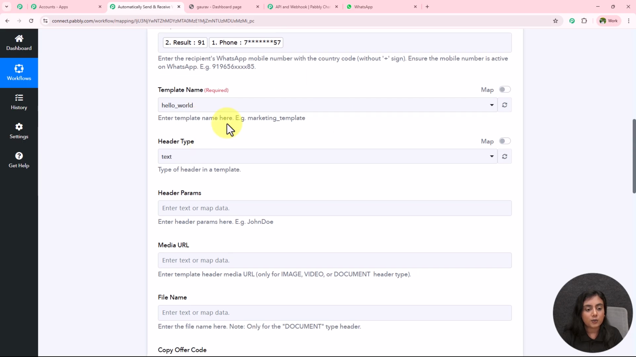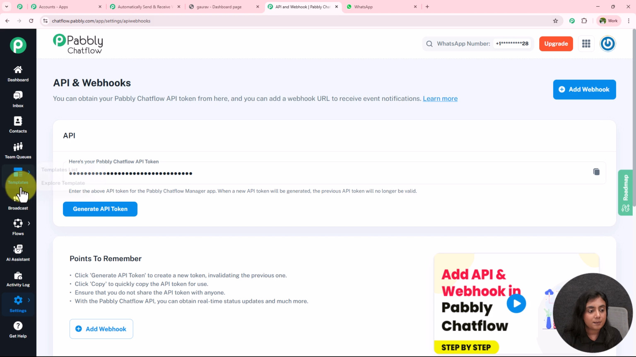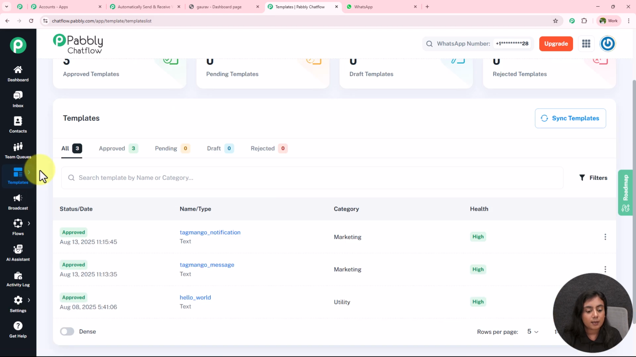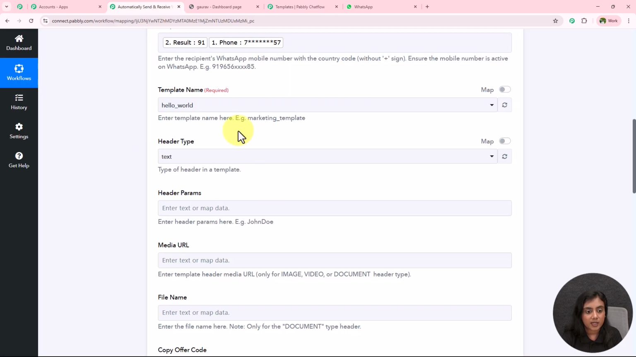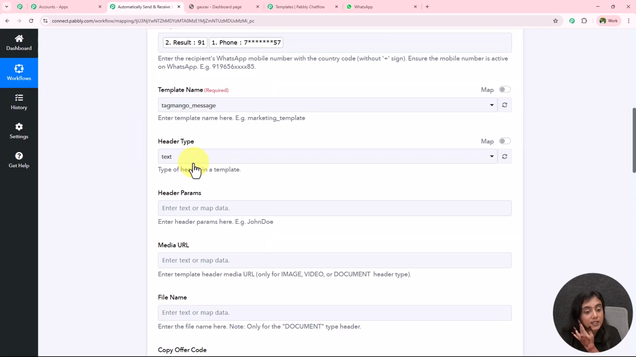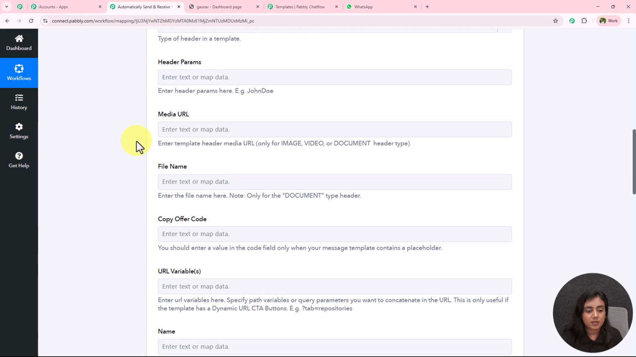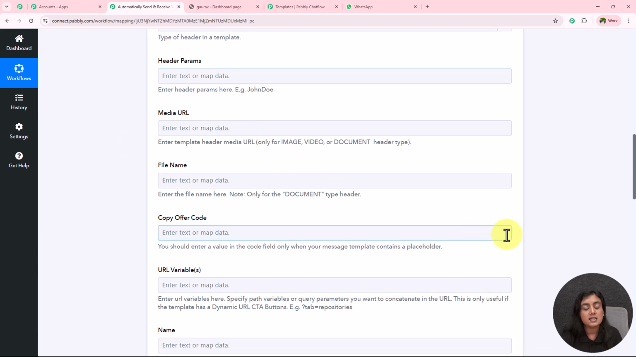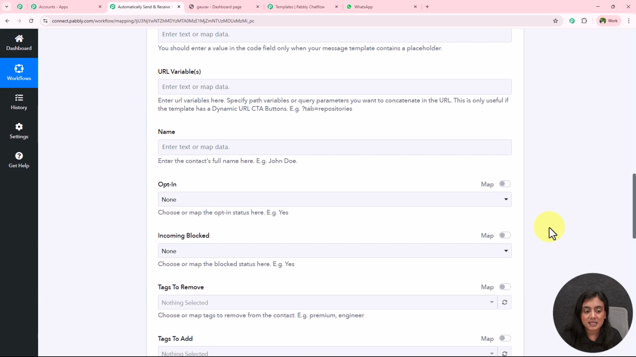Now after that over here it is asking for the template name. As I want to send this message to a customer, I have created a template over here that I've already told you in the name of TagMango message, okay? So for the template name, I'm going to select it as TagMango message. For the header type, there is no header type, so I'm going to skip the part. It is asking for all these details which I do not have, so I'm going to simply skip all the